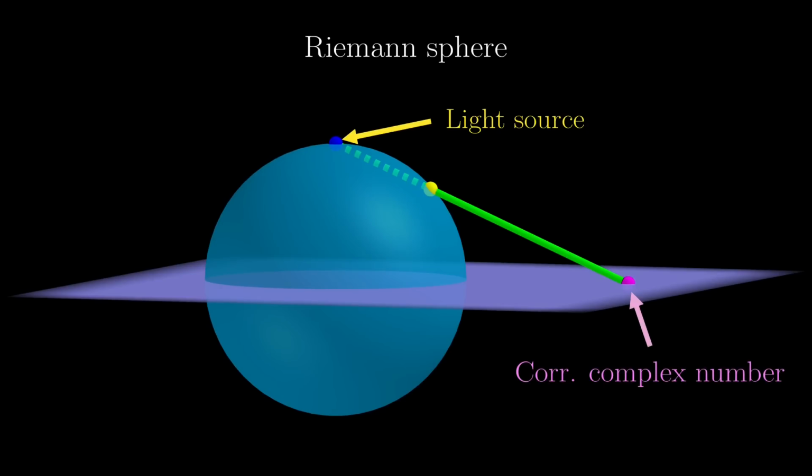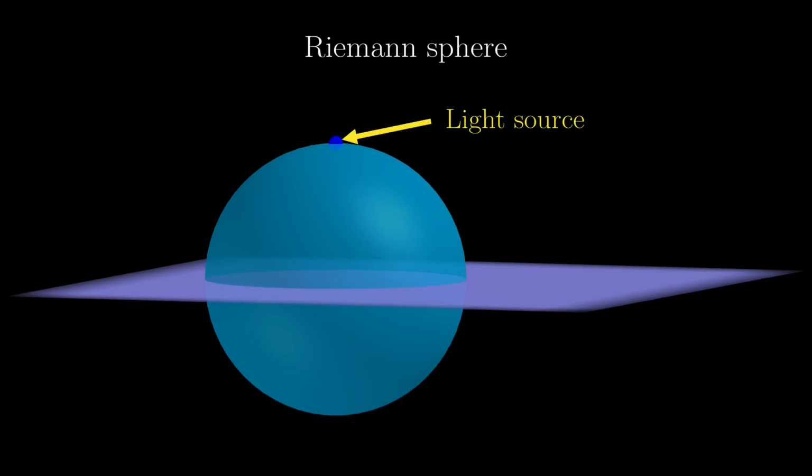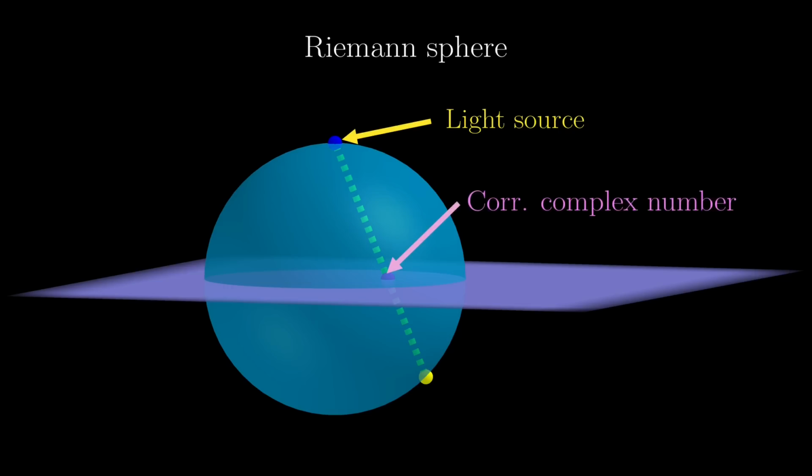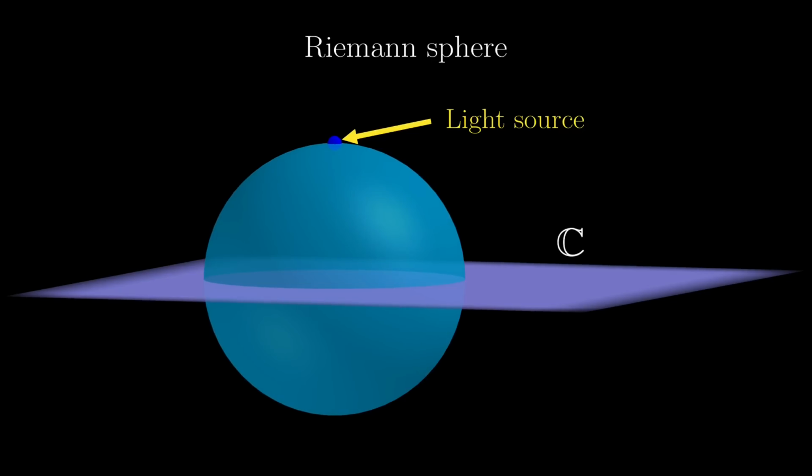However, calling it a shadow isn't entirely accurate because a point in the southern hemisphere wouldn't really cast a shadow on a plane, rather the reverse. What I mean is that a point on a plane casts a shadow on the sphere instead, but still, that point on the plane is the corresponding complex number. That means, basically we can identify the entire complex plane with the sphere, but without that light source, because that light source wouldn't cast a shadow.